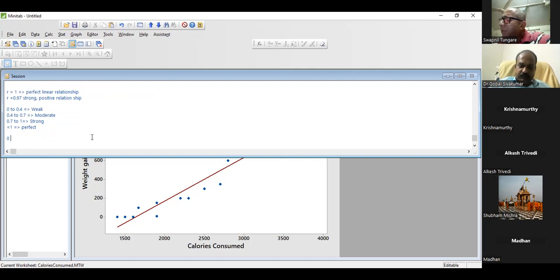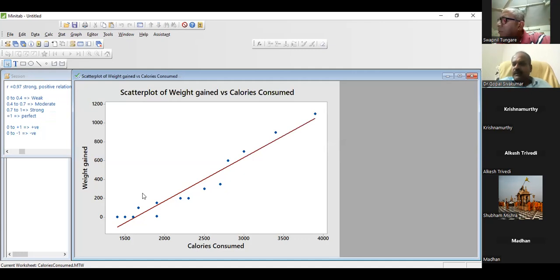And whenever it is 0 to +1, your correlation is positive. Whenever it is 0 to -1, your correlation is negative. Clear? So this first case, we do not have any problem because the visual is also confirming the correlation, the formula also